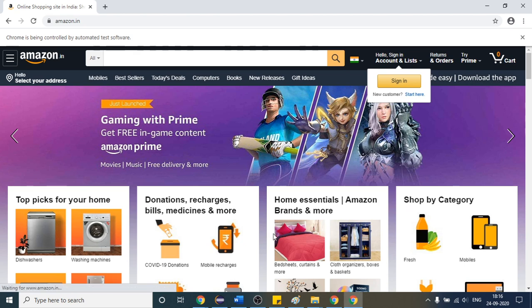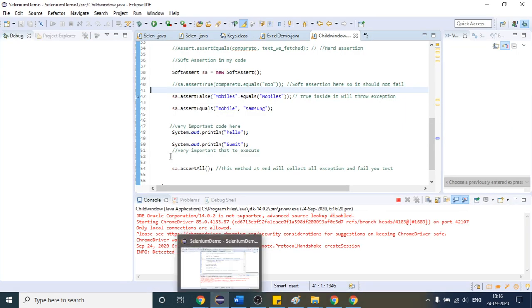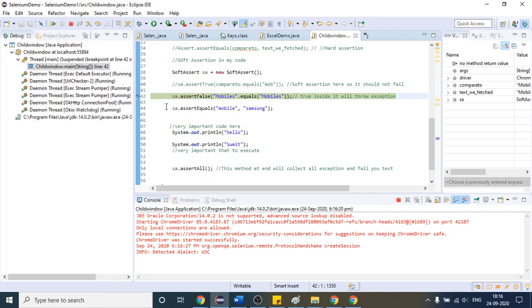So it has finished execution, and we came here. This condition will become true, so it should throw an exception, but as it is a soft assertion, it will not throw the exception here, and it will move forward. So it has moved forward, right?